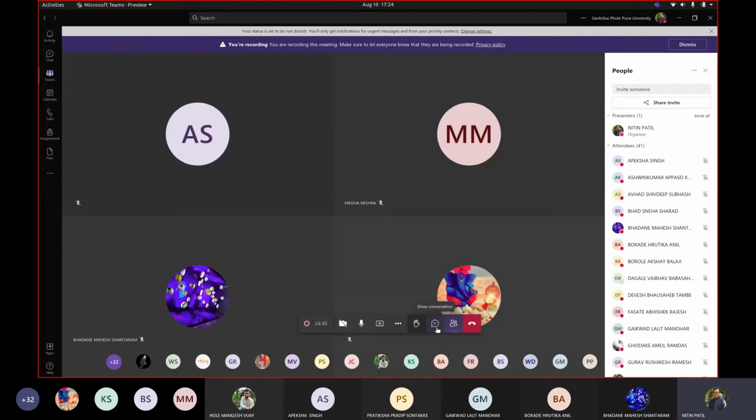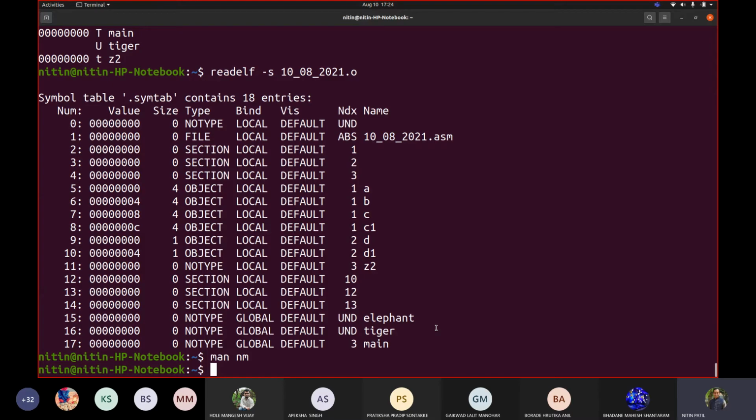But at least considering the programmer's mindset that you people have, I want you to formulate a data structure, a table, let us say a table called a symbol table. What information should that symbol table contain? Okay, start working on it. If you are using a laptop, you can use a spreadsheet to write that data structure, or even a Word kind of editor. Okay, start. I will ask one of you to share your screen after 2 minutes.